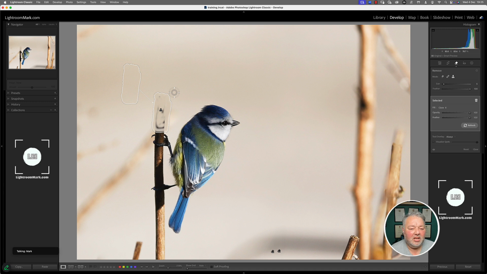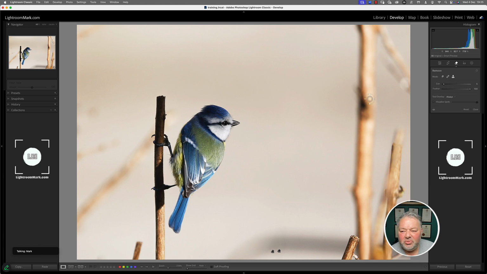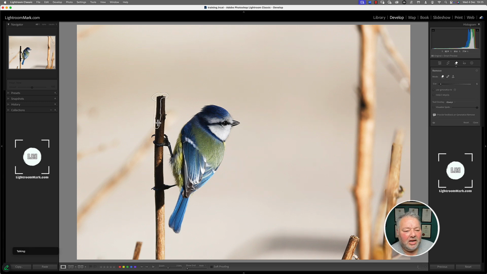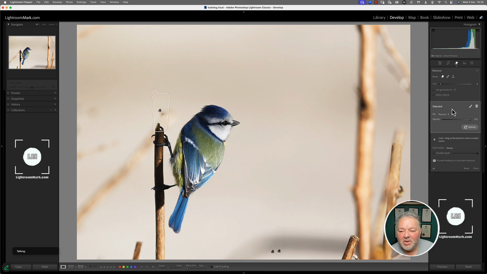So that could be leaves and bark of a tree or skin tones and that type of thing. If you want to remove this, there's better tools. And if it's just something simple like this, and you just want to remove that, I would use the generative AI,